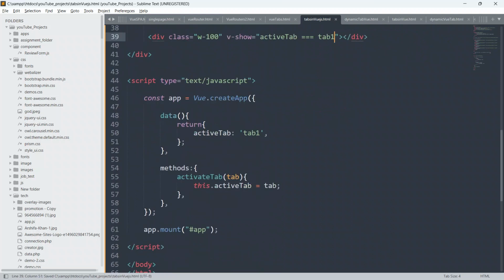Okay, so guys, here as you can see, dynamically we are just changing the value of this active tab, and by default as of now it is tab 1. So guys, here dynamically we are changing this active tab value. Whenever a user is going to click on the first button, here we will get tab 1. When the user is going to click on the second button, here we will get tab 2. Whenever a user is going to click on the third tab, here we will get tab 3. And whenever a user is going to click on tab 4, here we will be able to get tab 4.